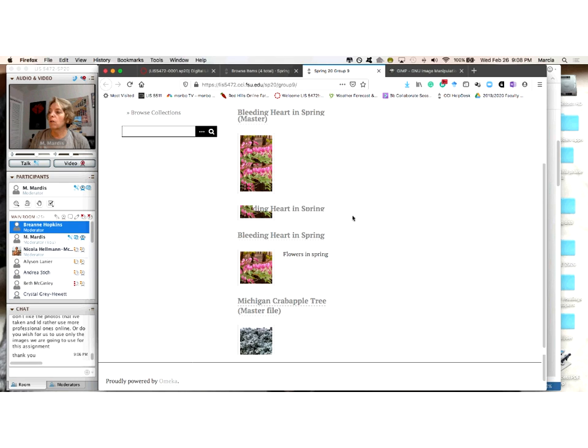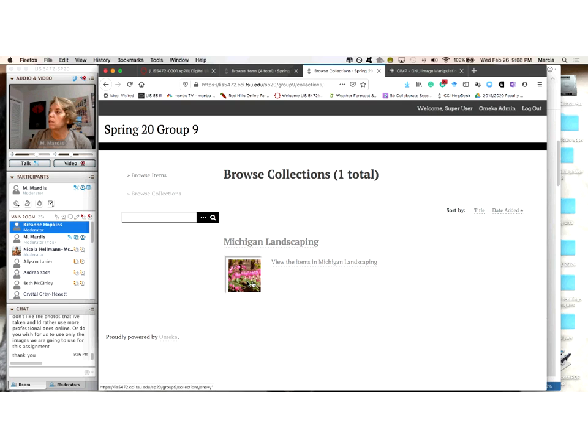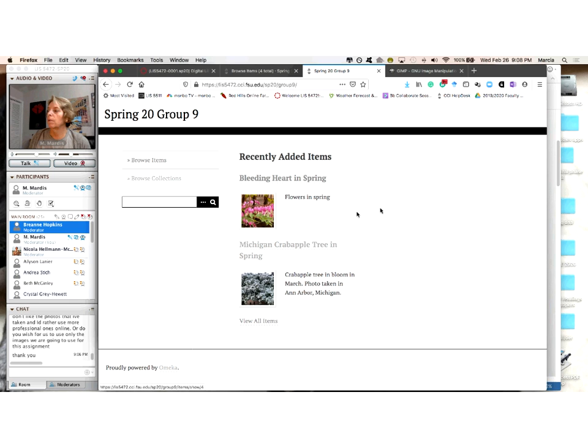So these are everything that we're seeing, but when people are browsing the digital libraries or browsing the collection, they should not see the master because I did not say for that to be publicly shown. Just log out and make sure. Okay. So when a person just comes across the collection, they're seeing the bleeding heart, they're seeing the one I did earlier today about the crab apple, but they're just seeing the working files. They're not seeing the master files because I marked not